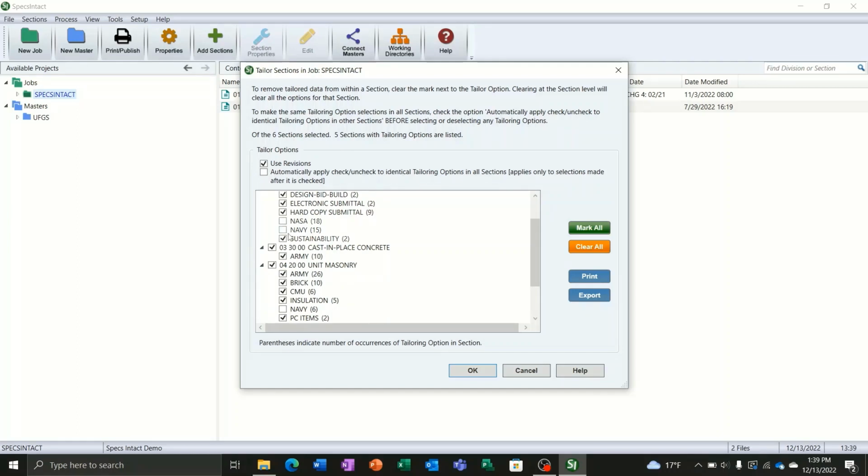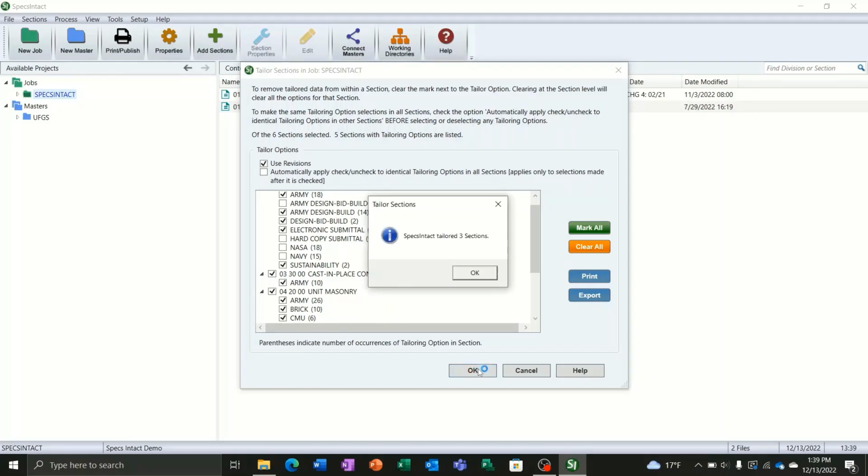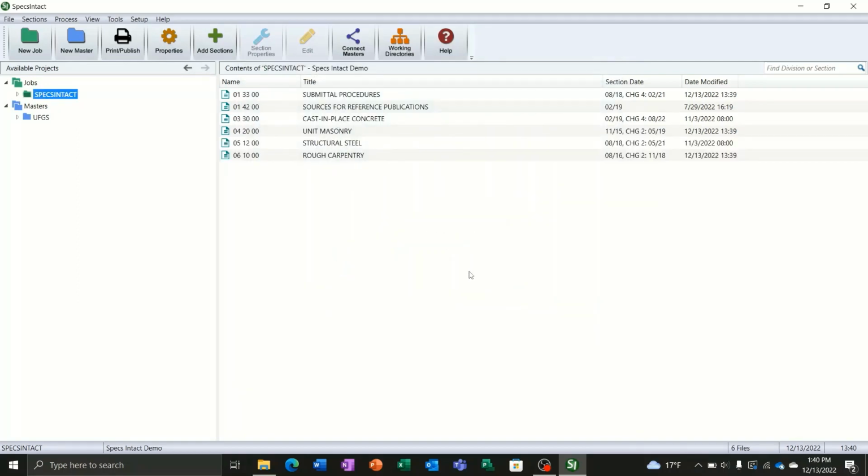Here's NASA, we're going to remove that too. And hard copy submittals, that's not really done anymore, so we're going to remove that. And we're going to say that this is a design build project, so we're going to remove design bid build. So this is the tailoring that is going to remain in the project. Everything that is checked stays, everything that is not checked is going to be automatically removed from the project. We hit OK,